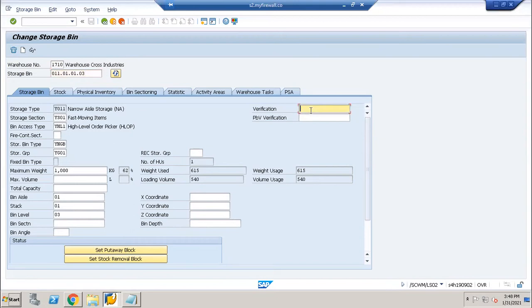Why? Because this will be sensed by the particular RF handheld device, HHD, using the particular SSCC code, EAN 128, right? SSCC code it is known as. Okay. Now, other verification code is PVV.